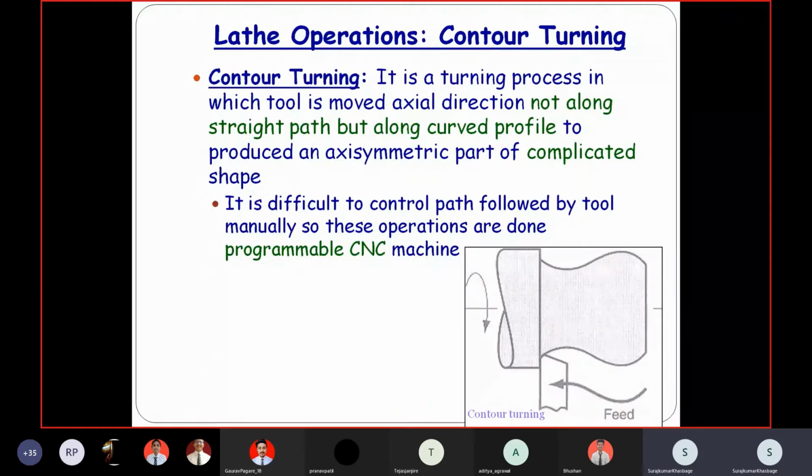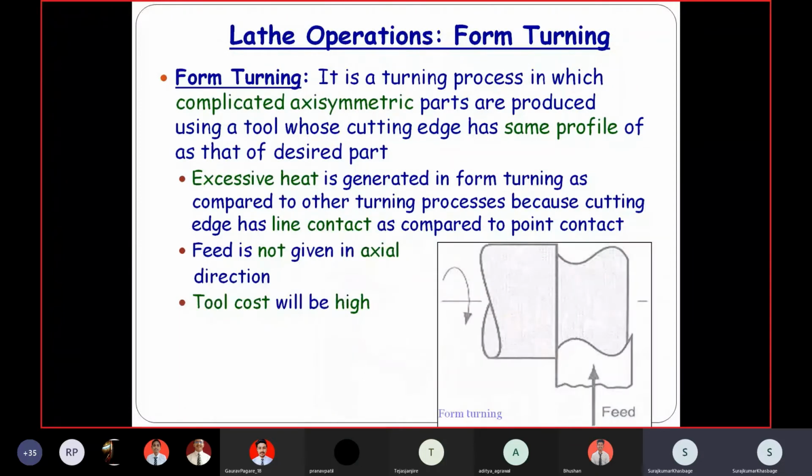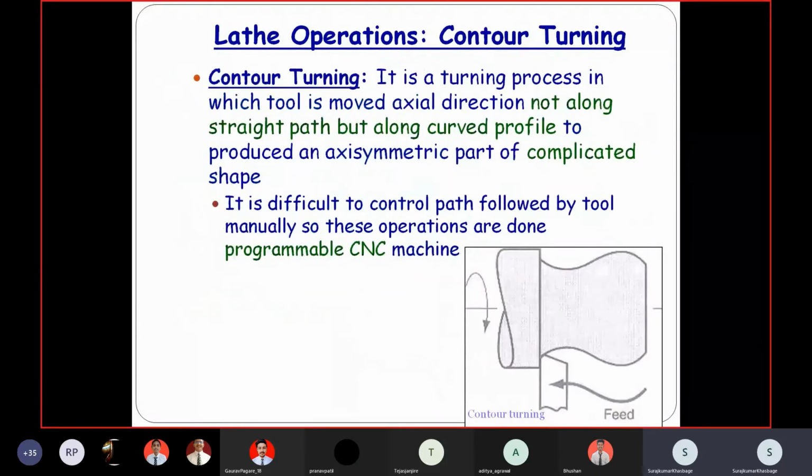Then we can even make some different contours. This type of shape can also be made on the lathe machine. It is called contour turning. I will not discuss it in more detail as I have to cover more topics in today's lecture. For making this contour, we just use a simple tool, but we have to provide different amounts of